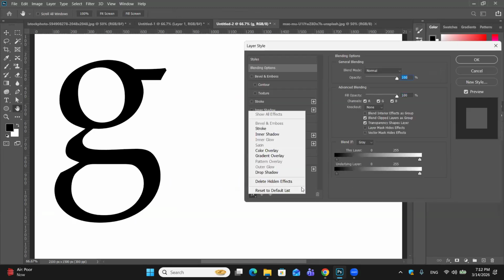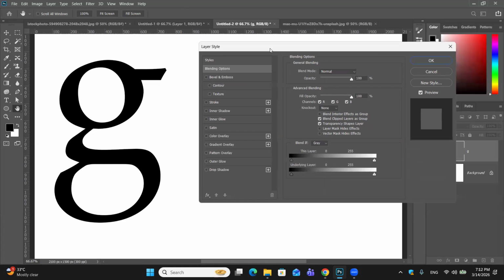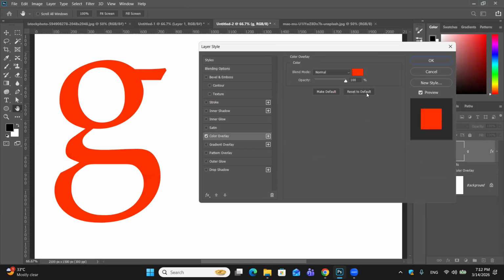So first effect. So reset to default. What will I do now? I want to create an orange peel. Okay, this is in my mind. So first of all, what will come? Color will come. Okay, without color, you can't create anything, right? So what we will do? We will go to reset to default. Okay,